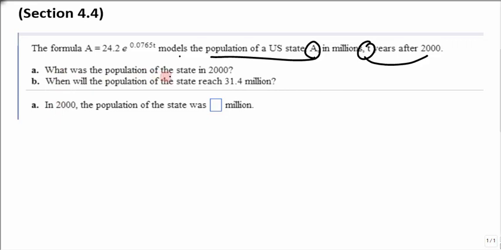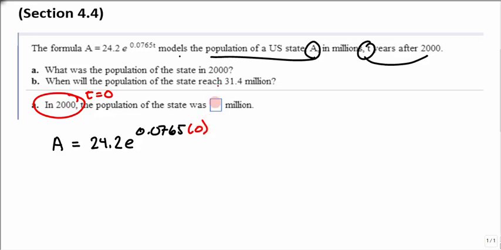It says, what was the population of the state in 2000? A is the population, so the variable I need to plug in for is t. 2000 is 0 years after 2000, so I'd have t equals 0, and I'd plug in a 0 up here. Solving, I'd have A equal 24.2 times e to the 0, because 0 times anything is 0. We know e to the 0 is 1, so my initial population in the year 2000 is 24.2